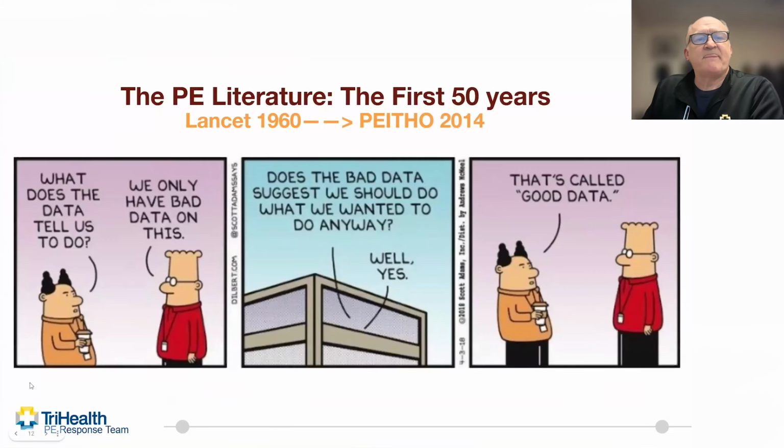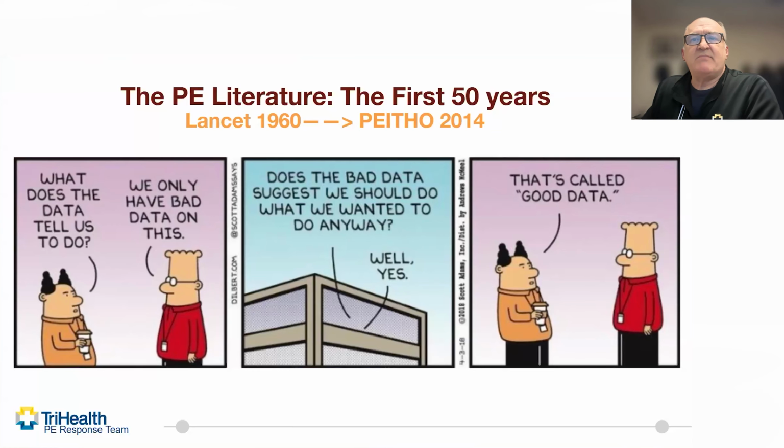Next. So this Dilbert cartoon may be a little bit hyperbolic, but not by much. For half a century, there really wasn't much happening beyond heparin and Coumadin, dating all the way back to a Lancet article published in 1960. And then surprisingly, over the next 50 or so years, less than 100 patients had been enrolled in randomized controlled trials. PEITHO, which was published in 2014, recruited a little over 1,000 patients and was a major leap forward